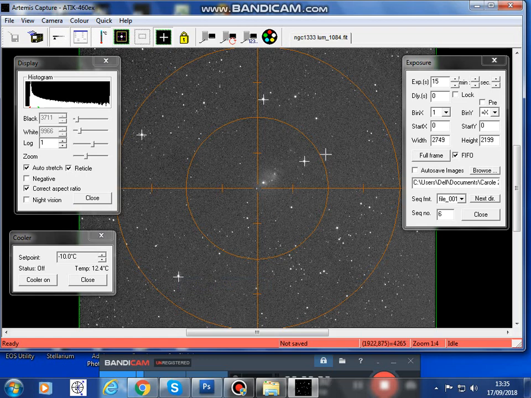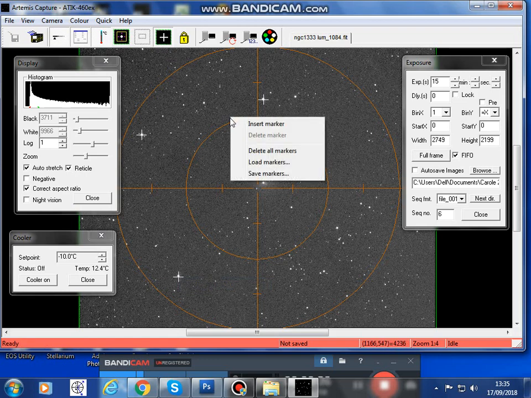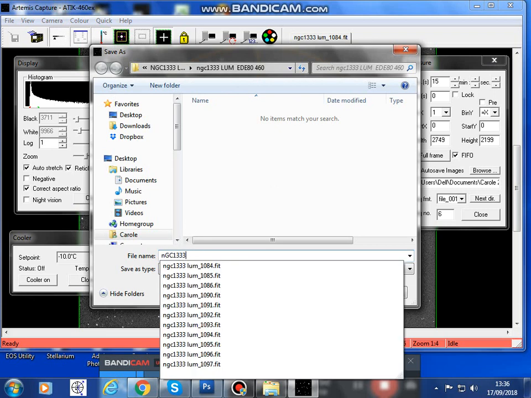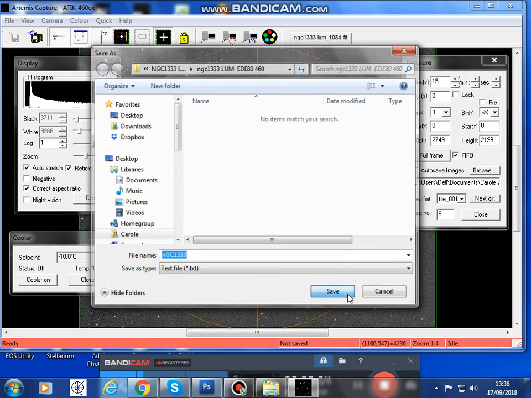do this image again, when you're looping, you can actually see there's another option to load markers. If you save the markers, you can give it a name. So you could say NGC 1333. Okay, save,